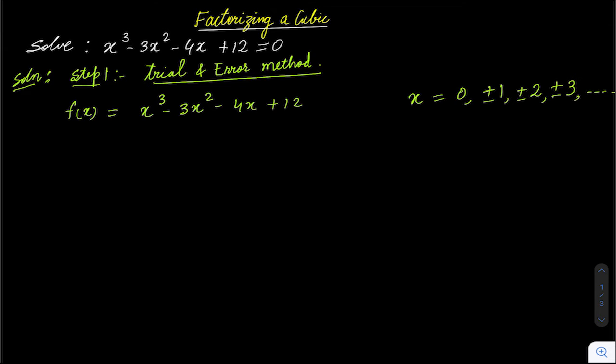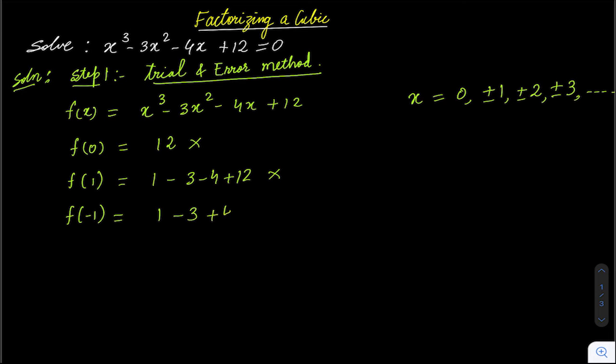Okay. So first, substitute 0. When you are solving this, you don't have to write each and everything. I am writing this just to explain. You can do it in your mind also: f of 0 is 12, which is not 0, so this will not give you the factor. Then you can go for f of 1, which is 1 minus 3 minus 4 plus 12. Again, this is not 0, so this will not give us the factor. So let's go for minus 1. Obviously, it is 12 plus 12, and we will not get plus 12 anyway from this. And minus 12, no. So again, this is not our answer.